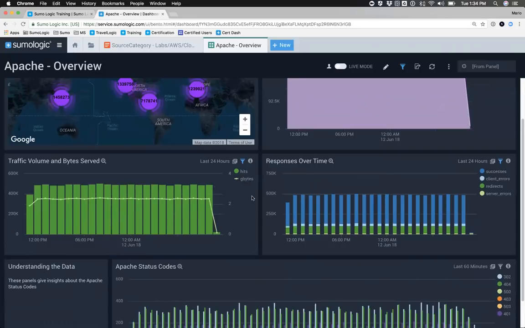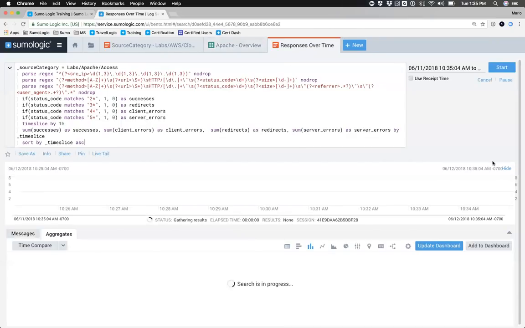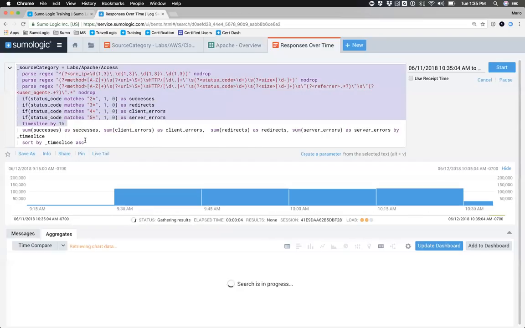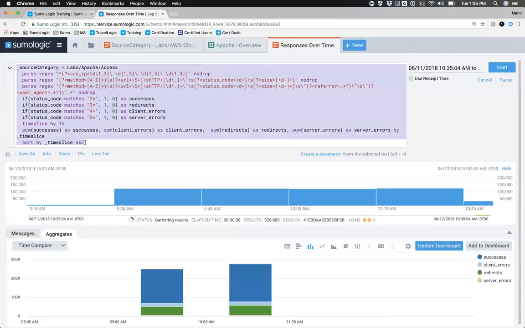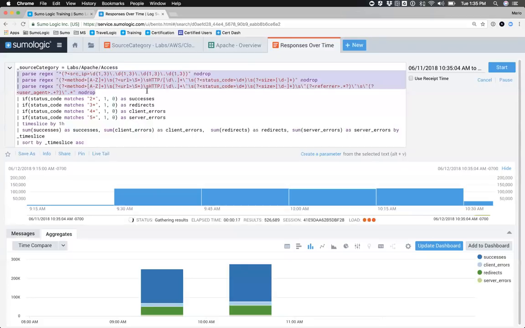What's even better is that I can take these dashboards and I could always click on this little icon in here, and guess what? It's going to take me to the query behind that dashboard. And I know that right now this means absolutely nothing to you, but by the end of today, you will know how to read a lot of this information here. What this is doing is it's looking for that Apache Access data, then it's extracting some fields so that it can do some sort of